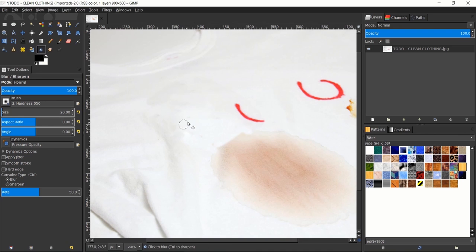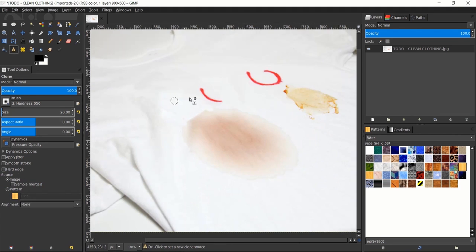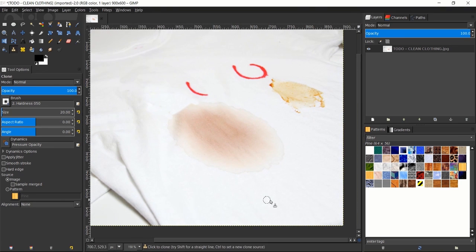As an alternative, you could also use blur, which will remove some of those hard edges where it just goes from white to gray immediately and make it more of a transition. But in any case, that stain is pretty much taken care of. We'll worry about the extra red line in a little bit. So for this one, I'm going to definitely source from the bottom right, and we can just kind of draw over this